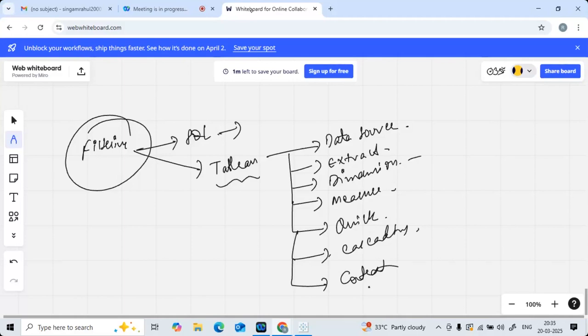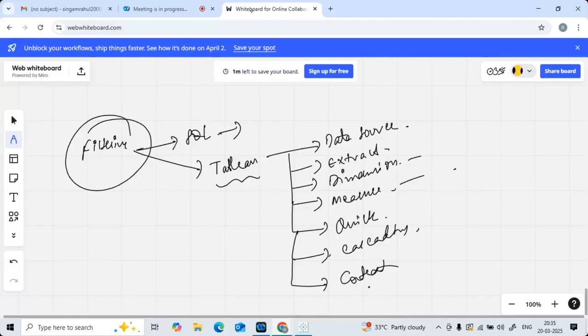So dimension filter and measure filter: you know what is dimension, what is measure. What is dimension? Non-numeric column. If you're dragging and dropping a non-numeric column onto your filter section, you call it a dimension filter. If you are dragging and dropping any measure column, numeric column onto filter, you call it a measure filter.